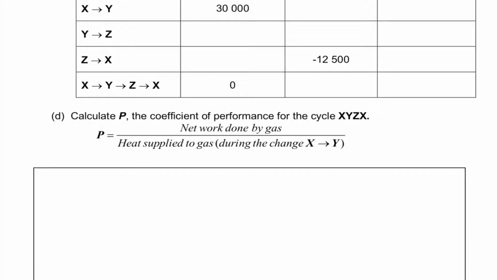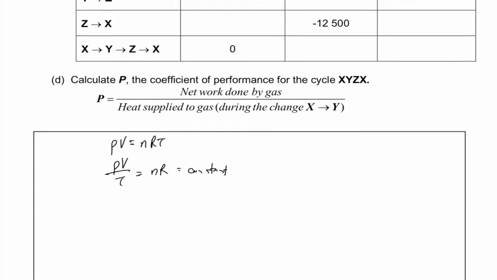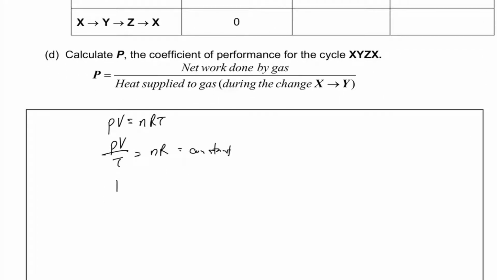Okay, because this is an ideal gas, we can write this equation out. We can use the PV equals nRT equation again. So PV equals nRT. If I rearrange this, I get PV over T is equal to nR, which is a constant. Okay, so with this in mind, I can say that PxVx over Tx is equal to Py